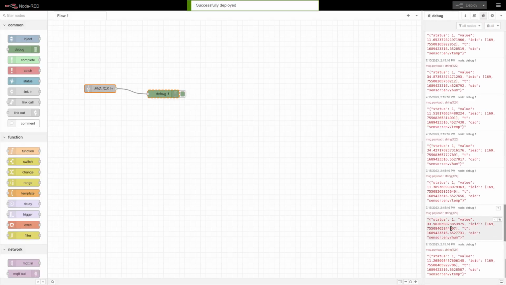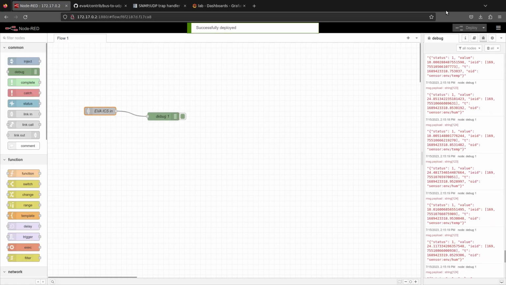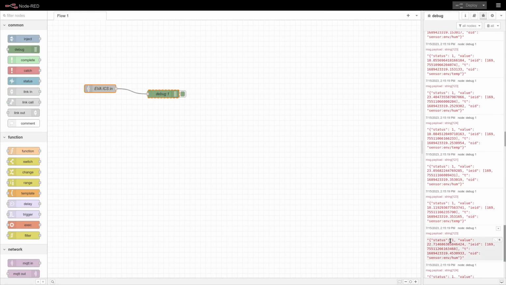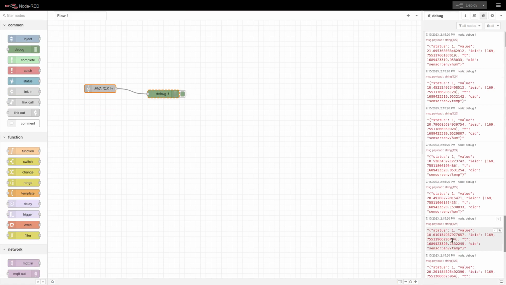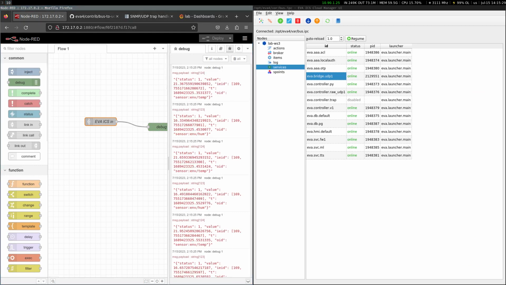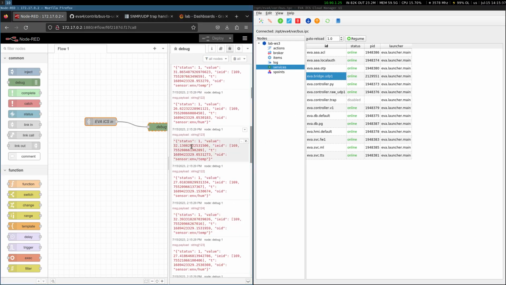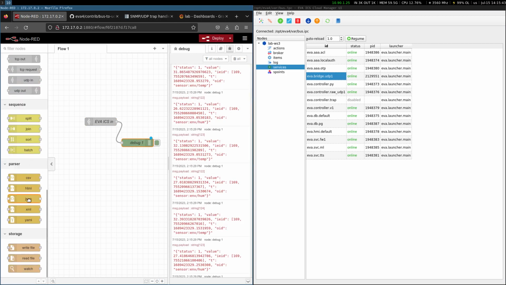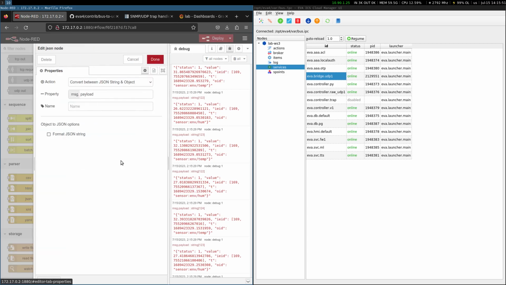So finally we have an incoming JSON payload. I will stop my sensor generation to see how the payload looks. Let's put a JSON parser here. Remove this debug. So this is just parse JSON, and